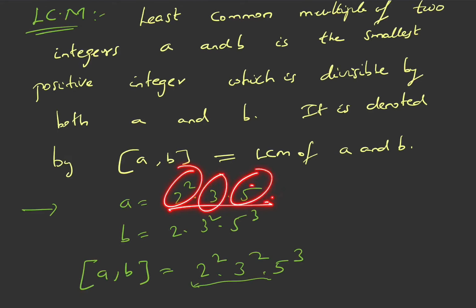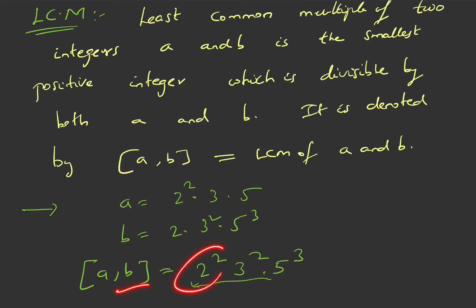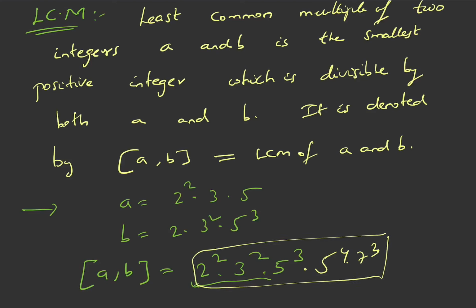This is a multiple of A and B because all the powers of each and every prime which are in A are already included in the LCM of A and B, and similarly with B. So this is a common multiple of A and B, as well as the least such possible number, right? So this is nothing but the LCM. If you add 5 power 4, 7 cube also, this number is still divisible by A and B, but now it is not the least possible, right? So to make it least possible, we just leave it here. So this is nothing but LCM of A and B, right?